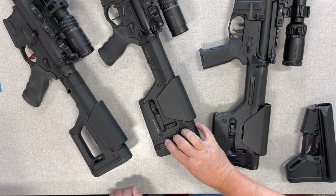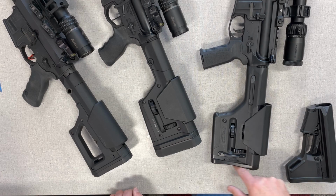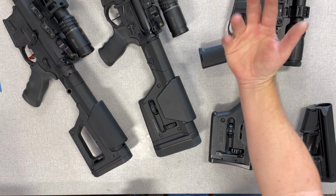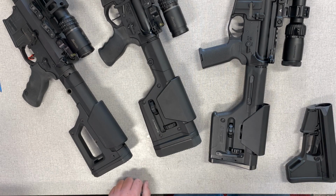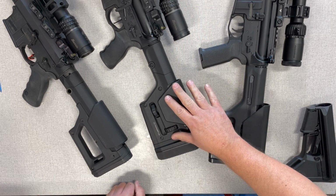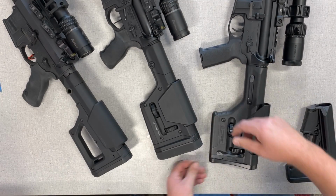The second gen is this exact stock with the rubber butt plate. That was the difference between the two. It's magical, right? I see no difference between the two. I don't know why they called it a different gen. They should have just called it the first gen with the rubber butt plate, but whatever. So this is the PRS Third Gen, and lo and behold, they got rid of this piece of junk, and they put